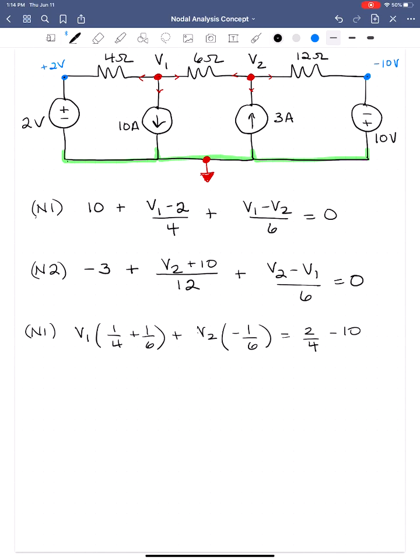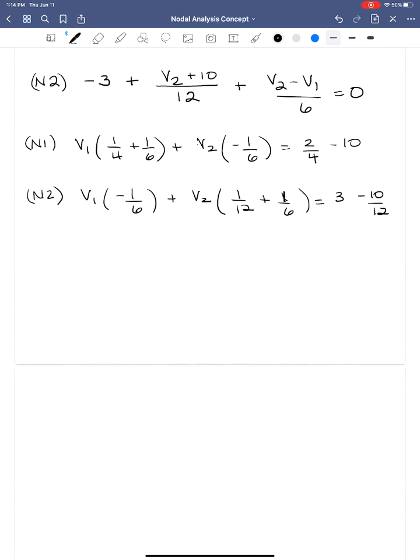All right, node 2, same thing. We will have V1 times minus 1 over 6 plus V2 times 1 over 12 plus 1 over 6. And then we'll move all the constants over to the right-hand side. So that'll be 3 minus 10 over 12. And so when we simplify these two equations down, we will have